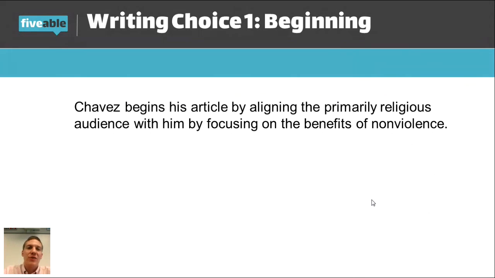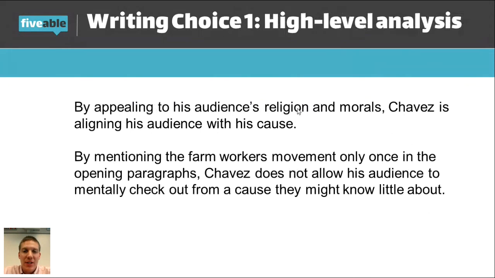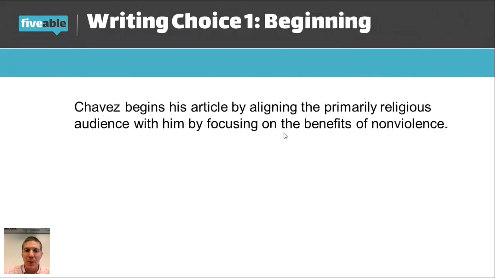Here's a couple sentences from that body paragraph then. This is my high-level analysis. I'm not writing a whole body paragraph for these tonight. I'm just showing here's some thoughts that I'm having. So I'm taking all of my slides together and then I'm chunking them. So I've had 5 paragraphs so far. Let me go back. The trend is here. He's aligning himself in all 5 of these paragraphs. Now, I'm telling you, there's going to be a shift here in which he starts to move away from that, or he starts to do something a little bit differently. But right now, first 5 paragraphs, that's exactly what he's doing.